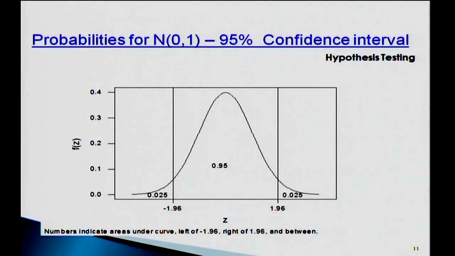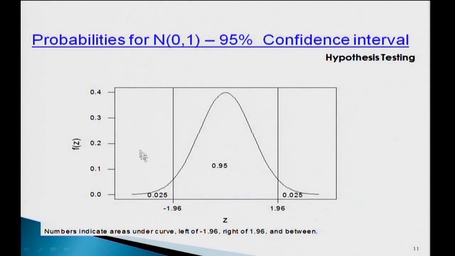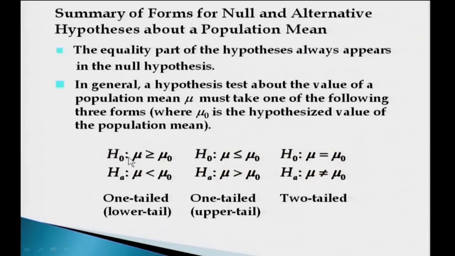If it is a two-tailed test, like we were discussing, the rejection will come on both sides. If it is a two-tailed region of 95% confidence, then the lower limit of the z value would be minus 1.96 and the upper limit would be 1.96. This becomes your acceptance region, and these are the critical values. Anything on the right side is rejected, anything on the left side is rejected. So, in this two-tailed test, rejection is on both sides.